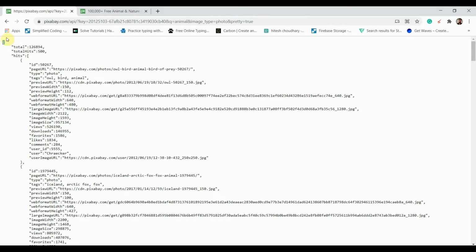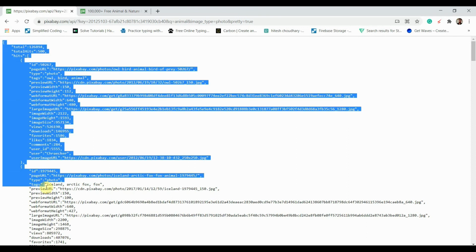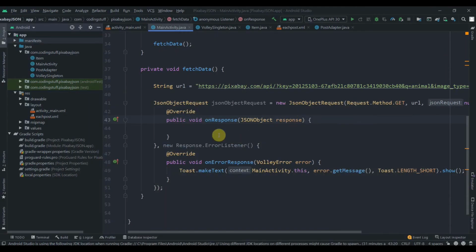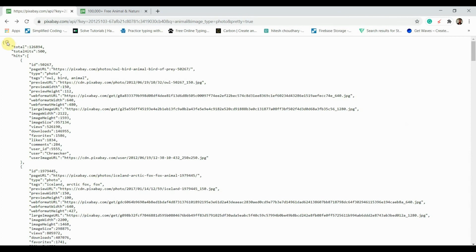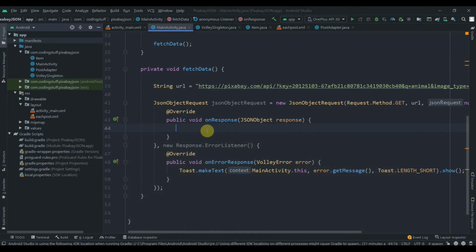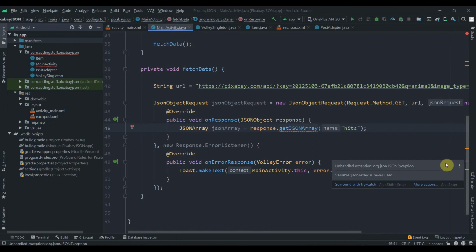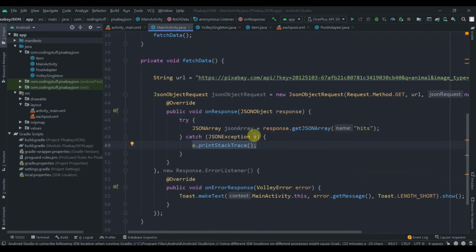So the response contains this whole big object, so we need to fetch the required data, or what data we want to retrieve. We'll just fetch it from this response. Okay, so from this big object we want this heads. So this is an array, so we'll just write here JSONArray, and we'll name it as jsonArray. This will come from response.getJSONArray, and here we need to pass the heads. So this is giving error because of the try catch block, so surround with try catch block,